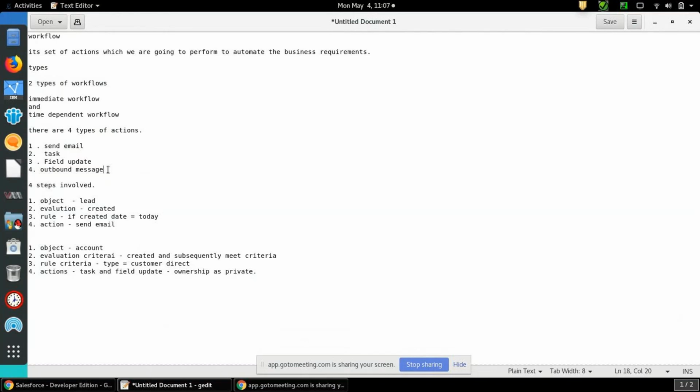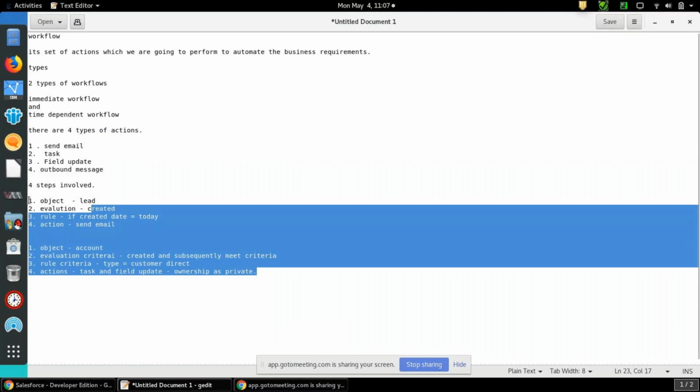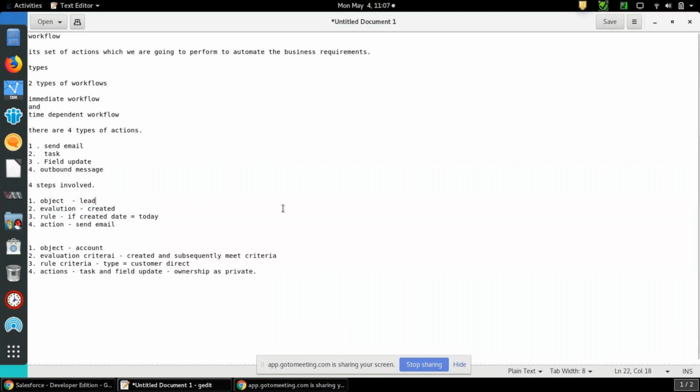So in this session, I have shown you three actions, and how we can perform them using these two scenarios. Okay. If you have any doubts, you can put them in the comment box. So I'll try to answer it.